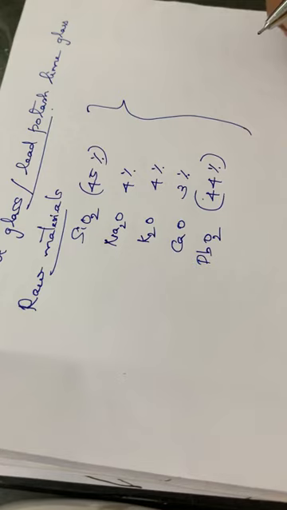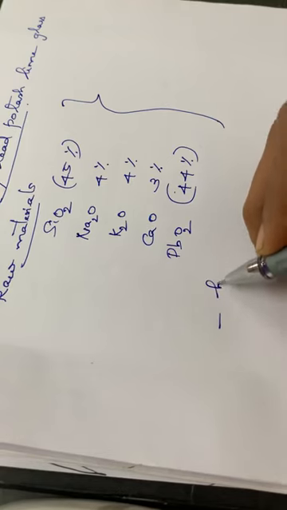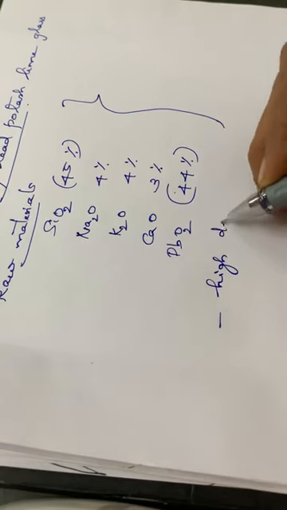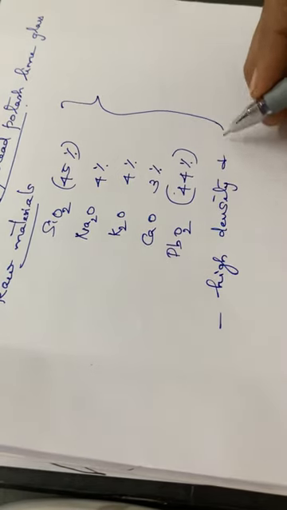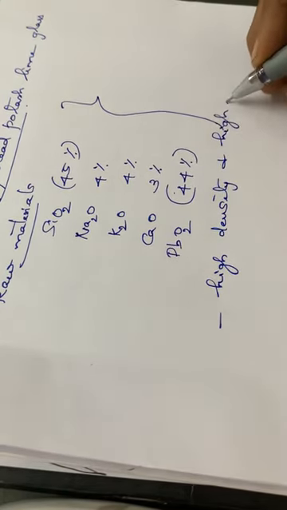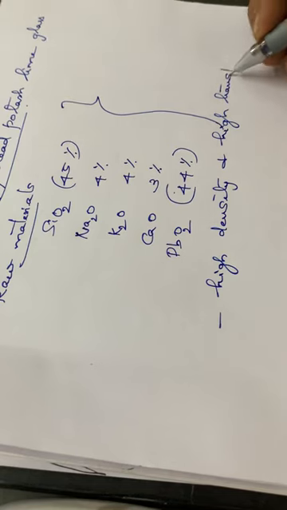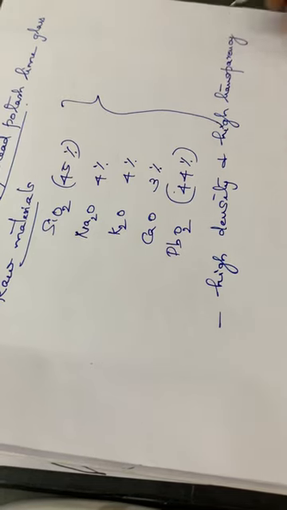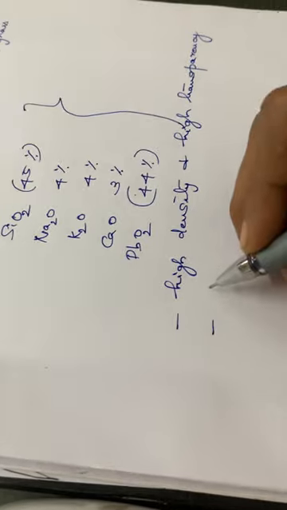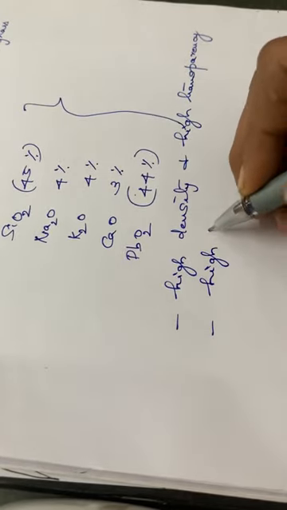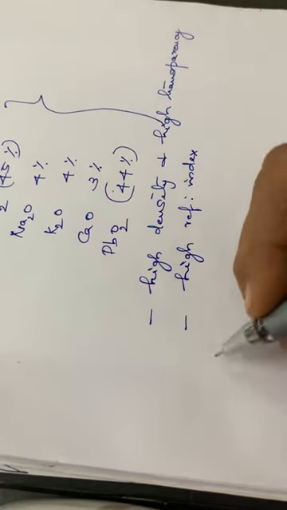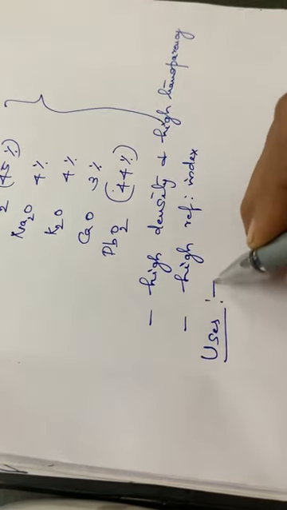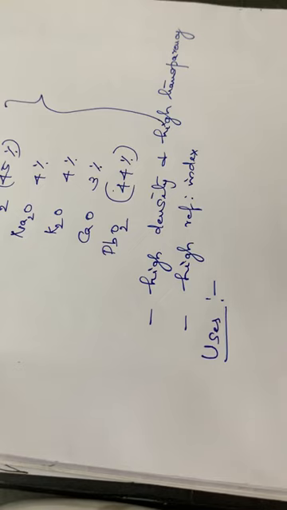Some of the characteristic features of this flint glass are that it has high density and high transparency. Then again, it has a high refractive index. Then the third one, the use of this flint glass or lead potash glass, is that it is used